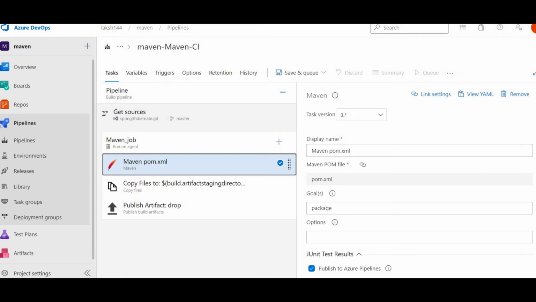This is the goal. When we build a Maven project, we need to define goals. Those are mandatory. If we leave this option blank, it might show some error, because Maven has a build cycle. If you study about it, it has build cycles. Maven has 3 build cycles: default, clean, and site.